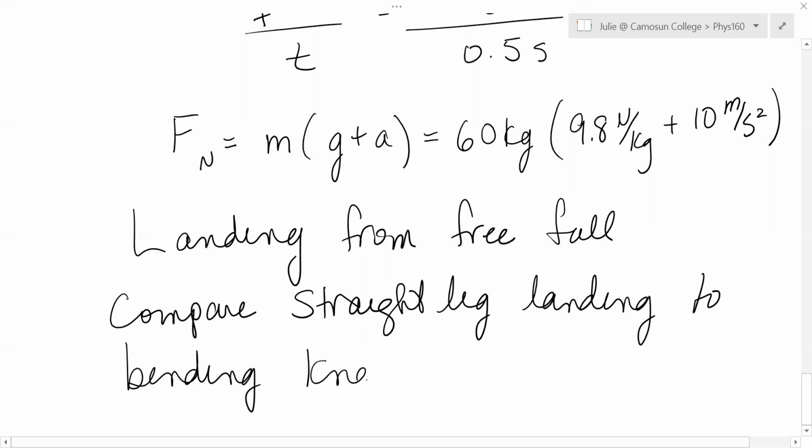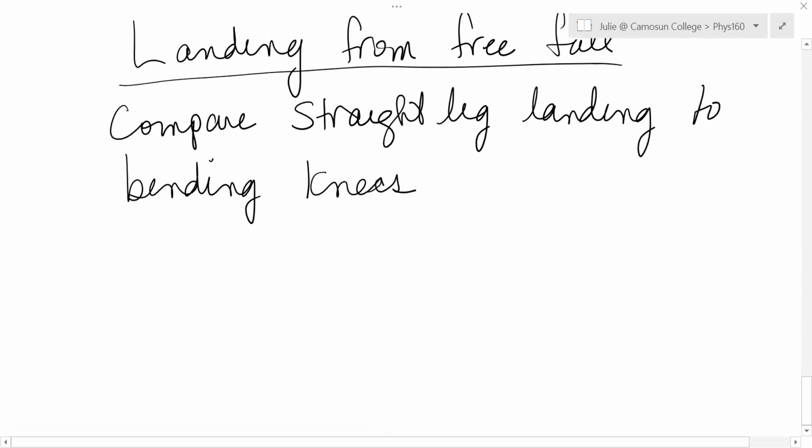So maybe you're just not consciously able to bend your knees and you sort of accidentally just land straight-legged because it happens so fast. Let's see how much more force that's going to exert through your leg bones, bone on bone, and see if that's going to break your leg. Okay, so what the difference is,